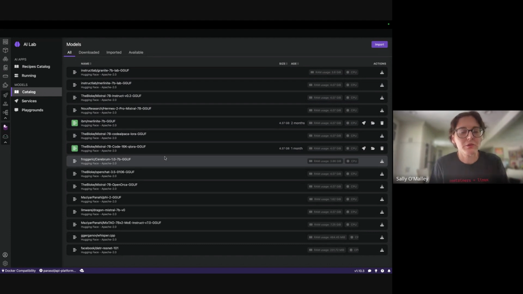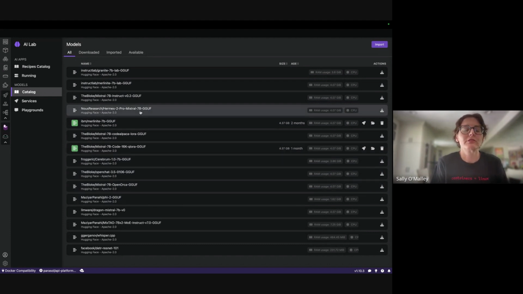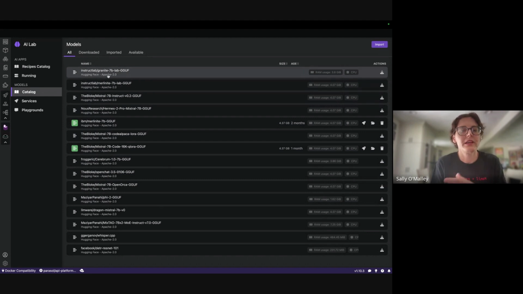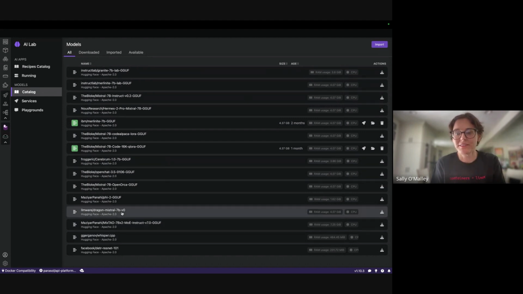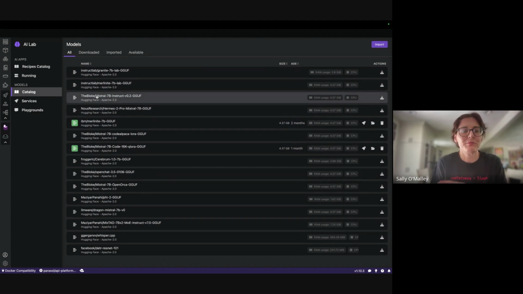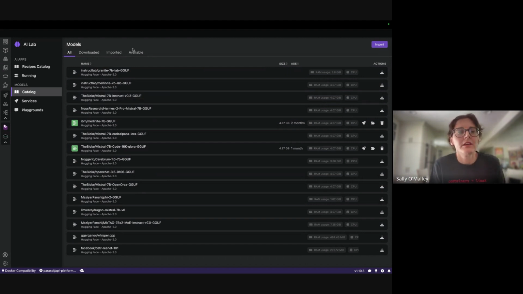And so you can train them and create them and import them here. And with these models, a model isn't useful on its own. You need to be able to serve it. And once you serve a model, it's kind of like a file server. You get an endpoint that you can then set up an inference with, so you can ask it questions and make it do what you want it to do.